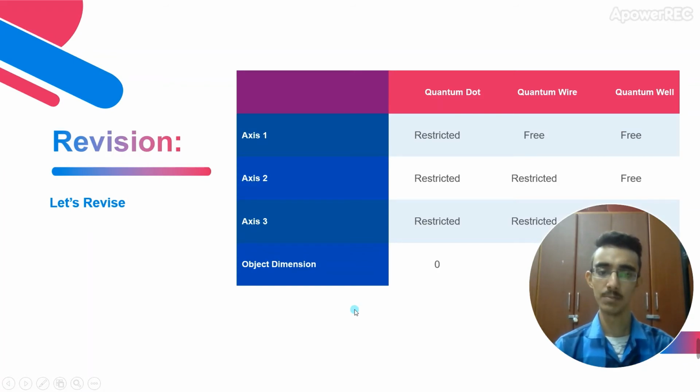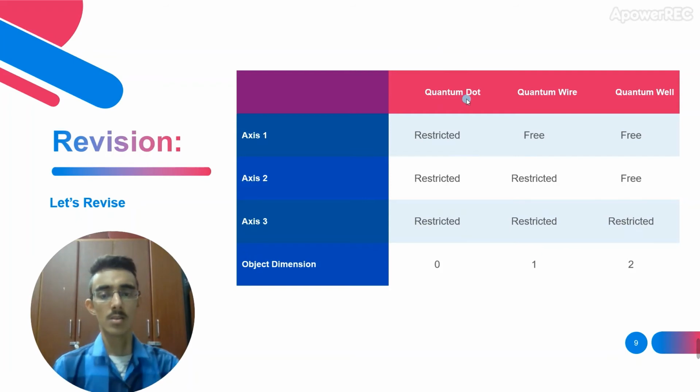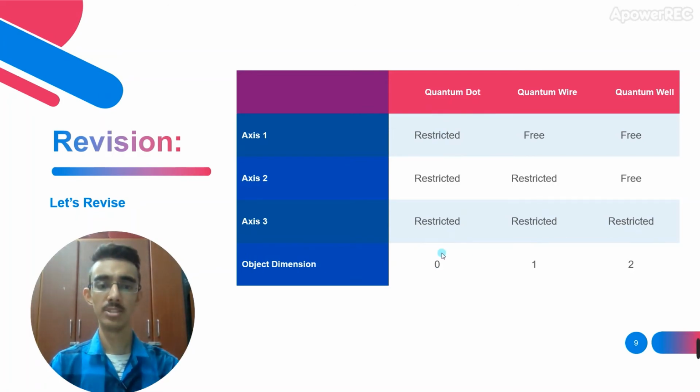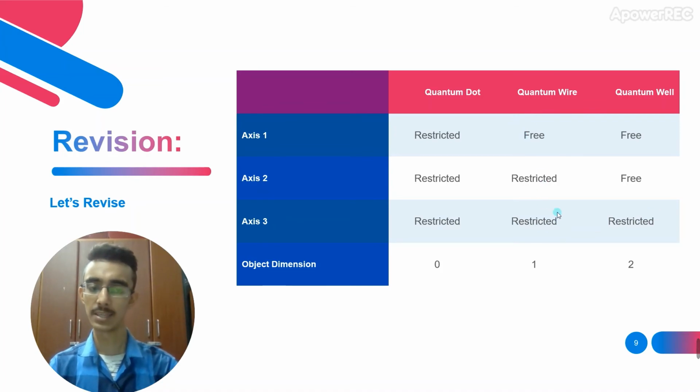And that is the revision page we are seeing. We have seen that a quantum dot is restricted in all 3 axes and is called 0 dimensional, whereas a quantum wire has only one axis free and the other 2 axes are restricted for electron movement, and thus is called one-dimensional. Quantum well has two axes free for electron movement, whereas it is restricted at the third axis